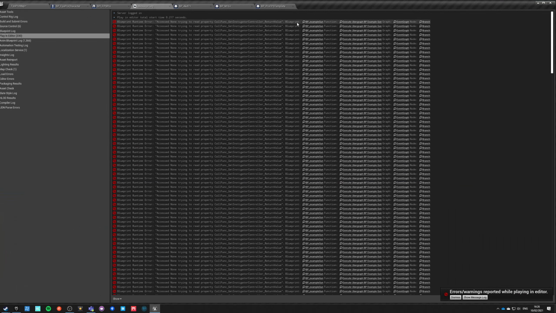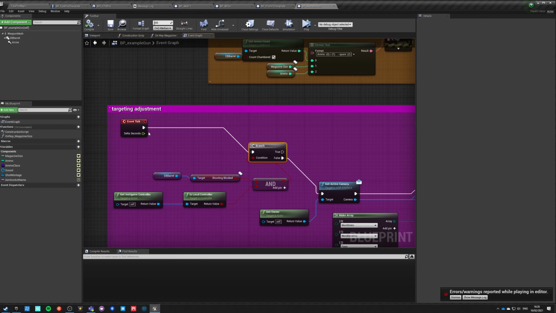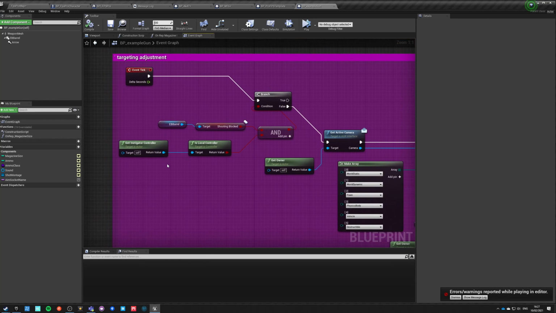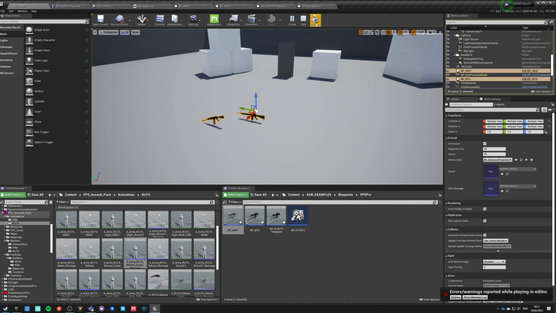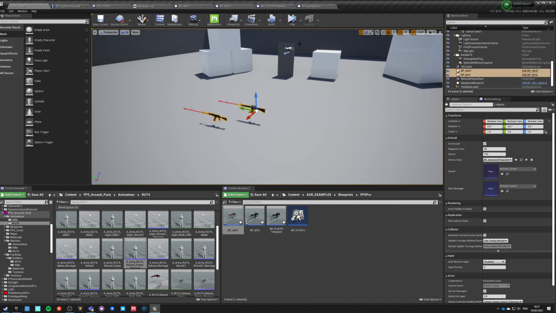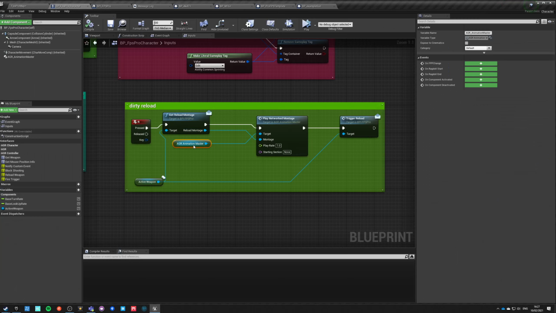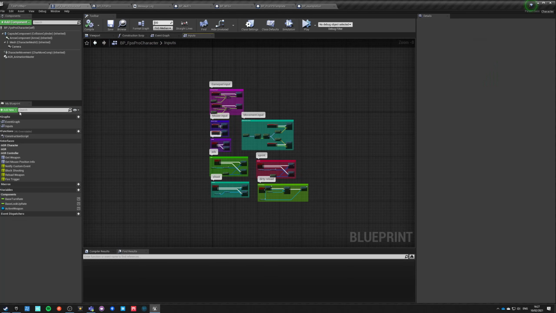Okay, and there's some problem. Access none, trying to read function. What? Which one? Access none. Okay, so this should be is valid. Otherwise it will just spam those errors for no reason, so just do it like this, and now it doesn't spawn. Let's check it again. Yeah, no errors, so that's fine. So we got those two weapons that are just dropping on the ground, and let's go to our character. And you know what, for now we are not going to spawn any weapons.